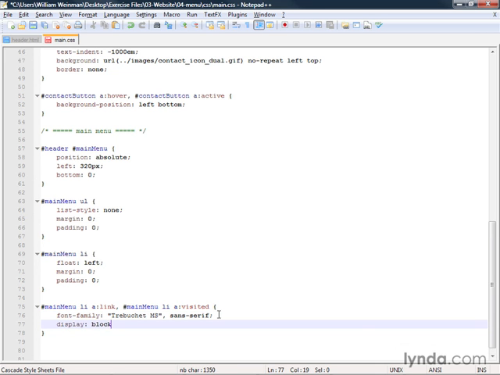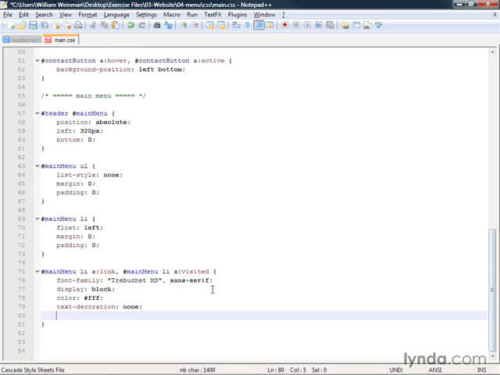Display block makes it into a block element. Color is white. Text decoration is none, and that turns off the underlining that's normally done on links. Padding 0, 15, 0, and 30 pixels. And so that's starting at the top and going clockwise. It's top, right, bottom, and left. And that's our padding. This lines up the text to match the image that's going to be in the background